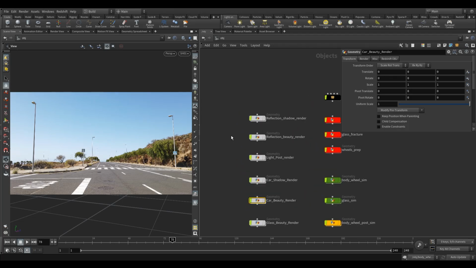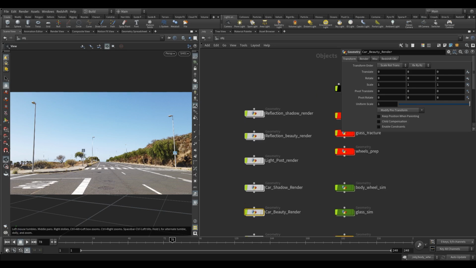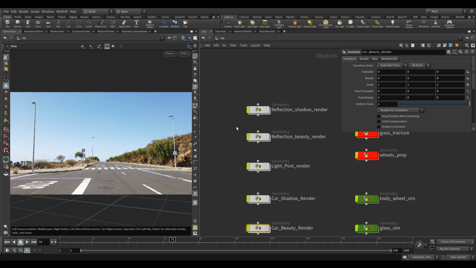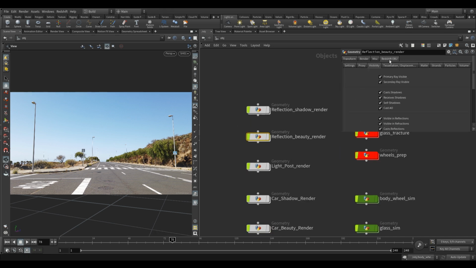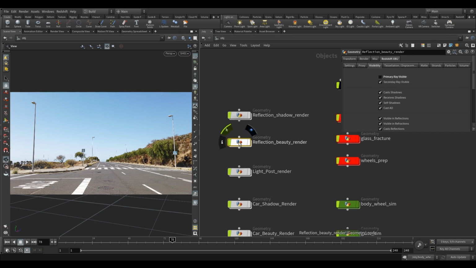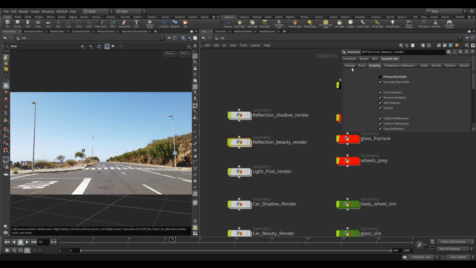We're going to set up our render nodes in a moment, the actual out ROPs, the render ROPs. First of all, I'm just going to come into the reflection beauty render here and into my Redshift tab, and in the visibility just turn off primary ray visible, because we don't want to actually render this grid. We just want to capture those secondary rays, which are the reflections which will bounce onto